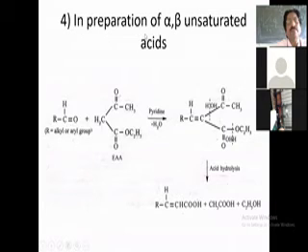The fourth one is the preparation of alpha beta unsaturated acids. So we have to prepare the unsaturated acid. Now here this is the acid. Okay, so this is the aldehyde group here. You can see that it's an aldehyde group. Here R may be anyone. RCHO, that is aldehyde. R is any alkyl group or aryl group linked to that. And this is EA, ethyl acetate.